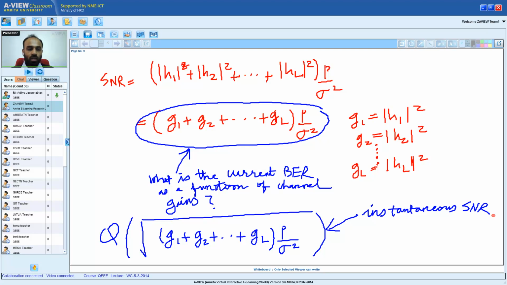Very good. So now based on this instantaneous SNR at the receiver, what is the approximation for the Q function? Q of x is half e to the power of minus half x square. Therefore, this is approximately equal to half e to the power of minus half, E over sigma square into G1 plus